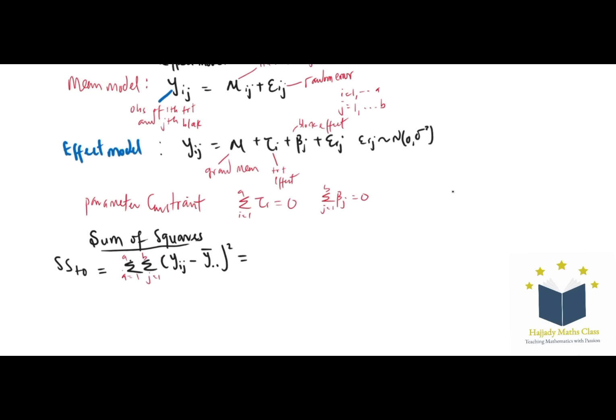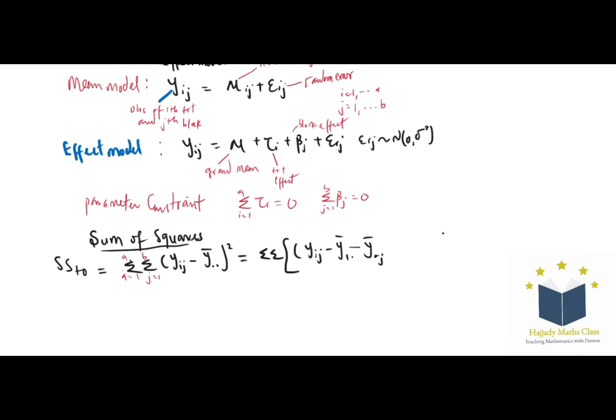This can be decomposed as a double summation of Yij, the observation, minus Y bar i dot, which is the mean across the treatment, minus Y bar dot j, which is the mean across the block,